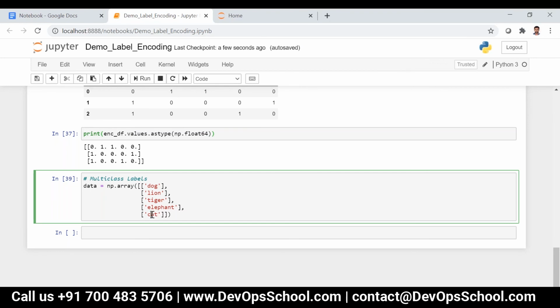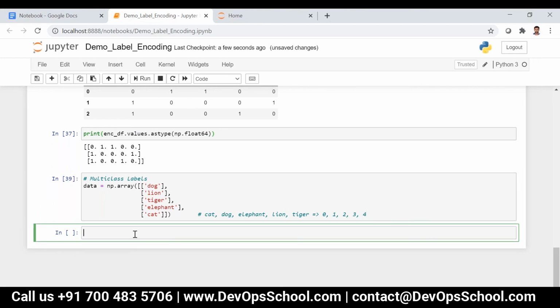First you will get cat, then dog, then elephant, then lion, and then tiger. Now starting from the first element, it will start with 0, then 1, 2, 3, 4, like this. We'll be getting the label like this.